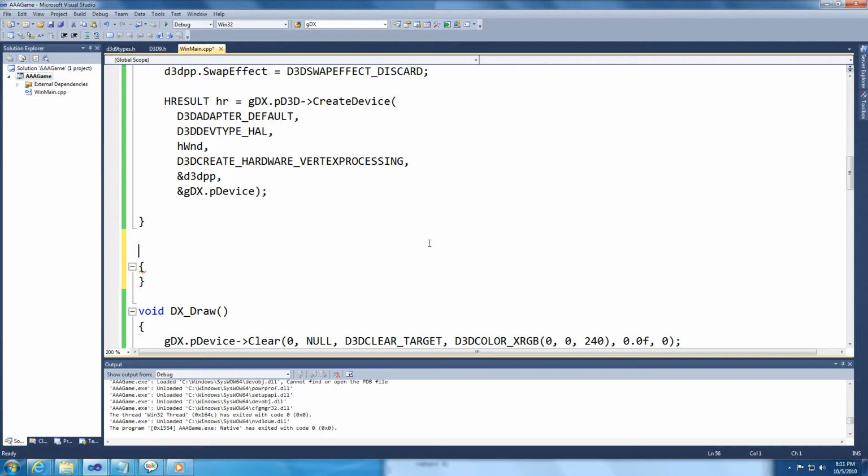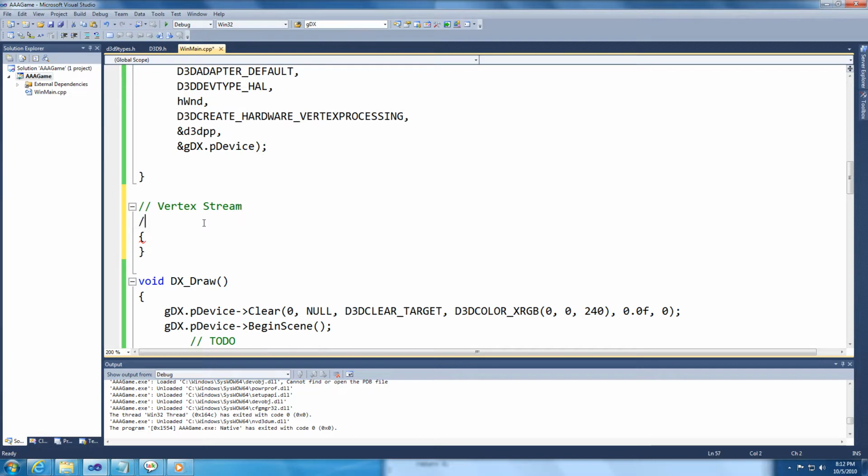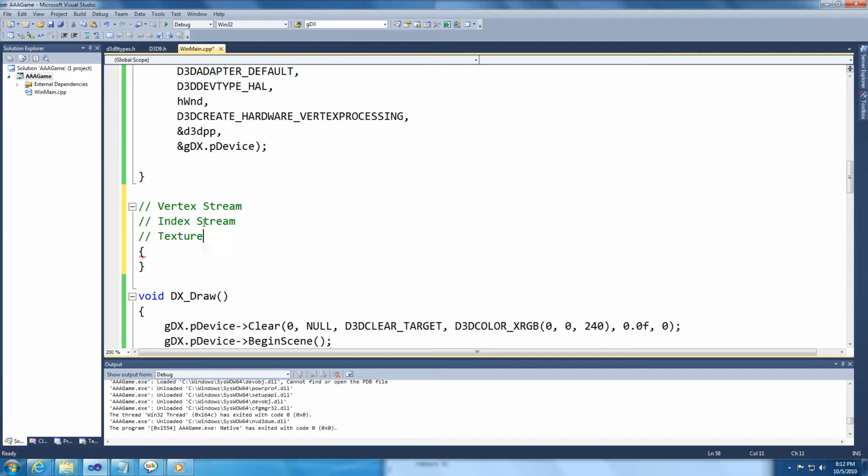But the trick to making a good graphics engine is to figure out how to draw everything you need to draw without changing the state of the graphics card too much. And the options we have to work with, the things that a video card, what we normally twiddle with to make things draw, it's just a relatively small number of inputs. It's your vertex stream, one or more, index stream, actually only one, textures,